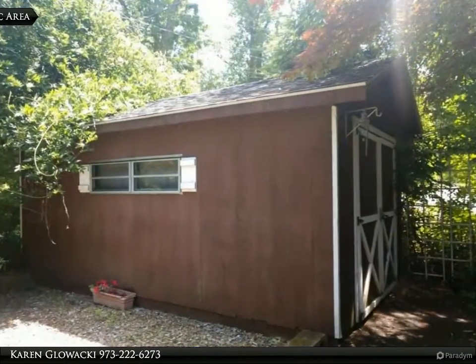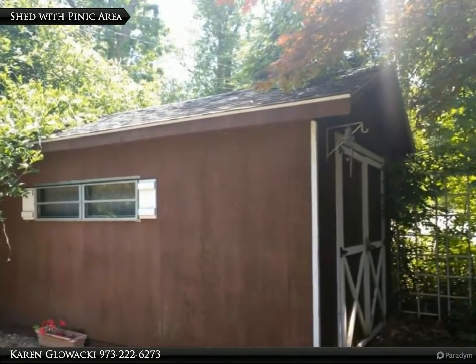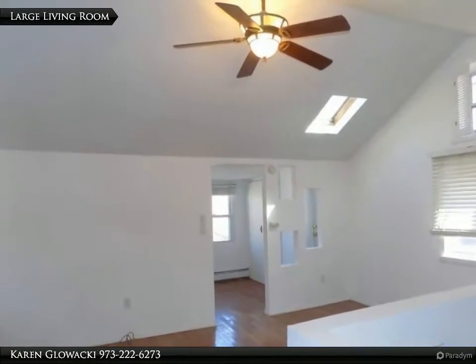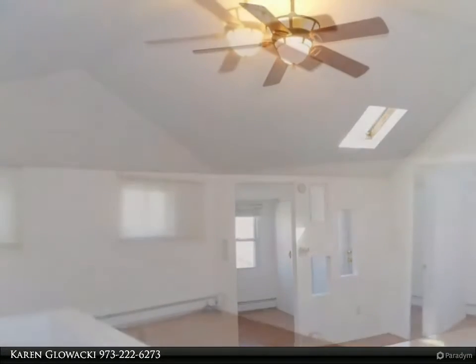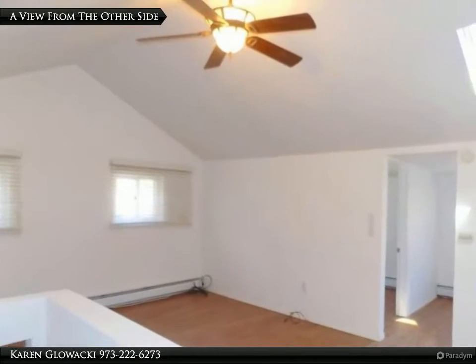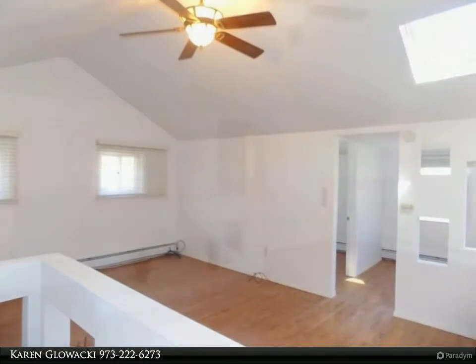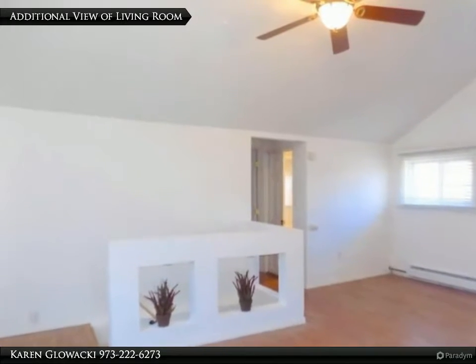Some new windows, hardwood floors, 2-zone heat, 2 oversized sheds, slate entranceway, cathedral ceilings in the large living room with hardwood floors, updated bath with jetted tub, master bedroom with walk-in closet including built-in shelving and hardwood floors. Bedroom 2 also has hardwood floors. Family room and kitchen on the main level, with a laundry closet perfect